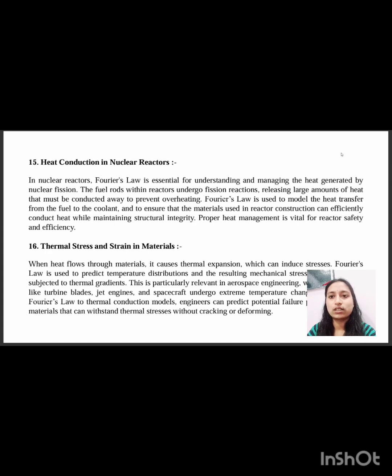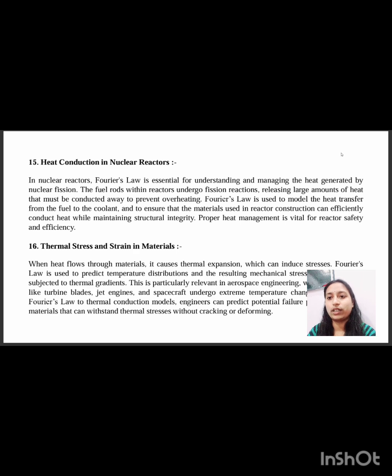So now 16th one, thermal stress and strain in materials. When heat flows through materials, it causes thermal expansion, which can induce stress. Fourier's law is used to predict temperature distribution and the resulting mechanical stress within materials subjected